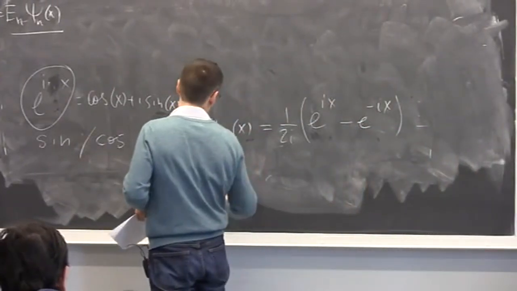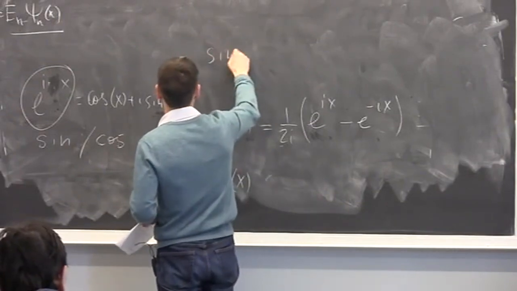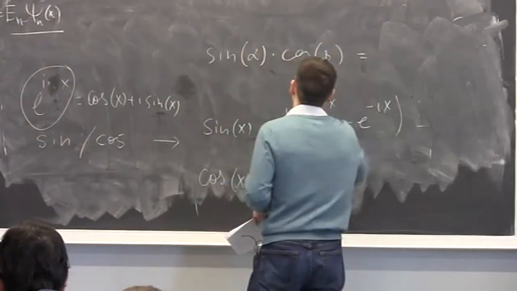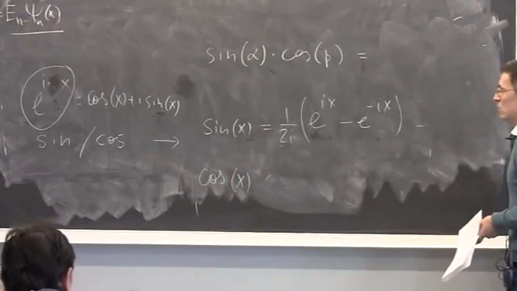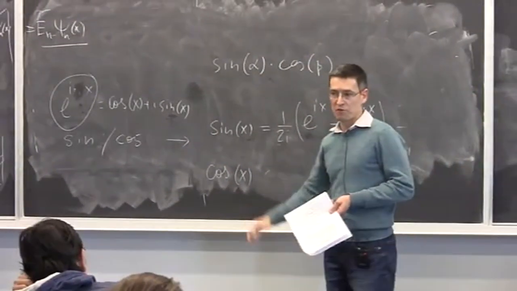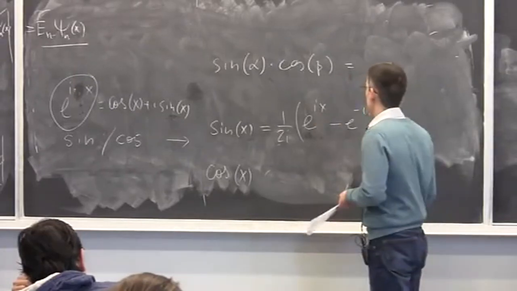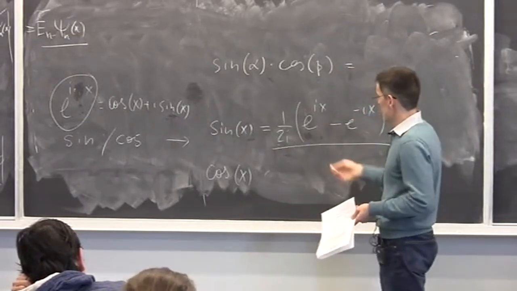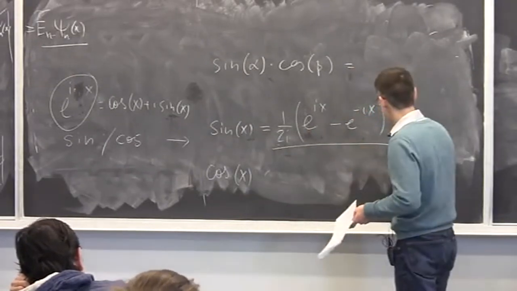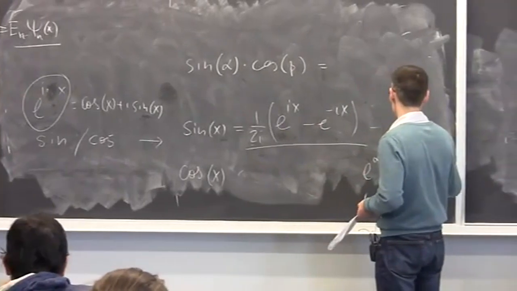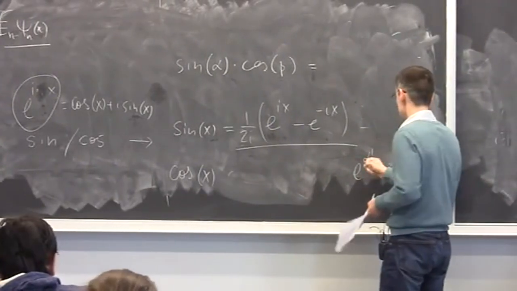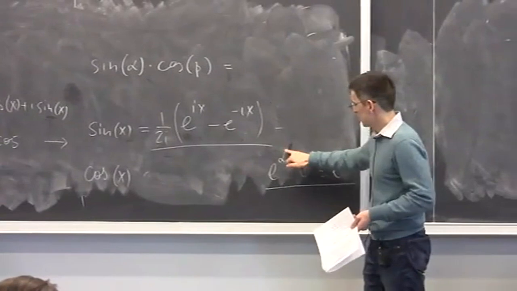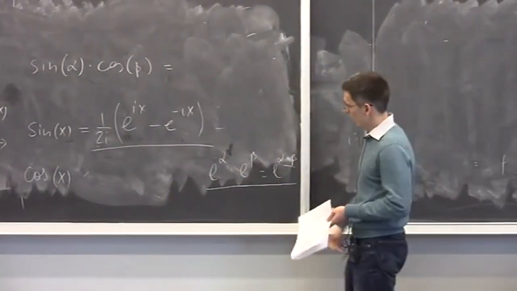representation when it comes to, say, if someone asks you what is the sine of alpha multiplied by cosine of beta. Can you write it down as a sine of alpha plus beta or sine or cosine alpha minus beta? That sort of trigonometry equations which I never managed to remember. So they all can be easily derived if you switch to this representation, because working with exponents is very simple, right? So exponent of alpha times exponent of beta is always exponent of alpha plus beta, unless alpha and beta are operators, but we won't go there. But with numbers, the exponents are multiplicative, and so there is an easy rule how you combine